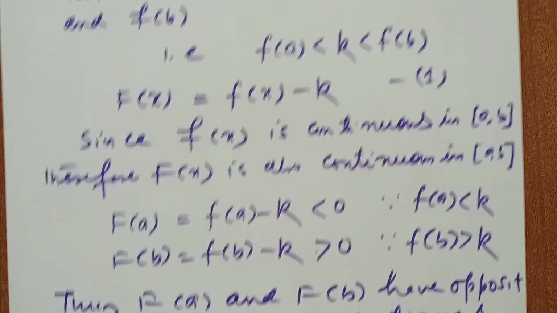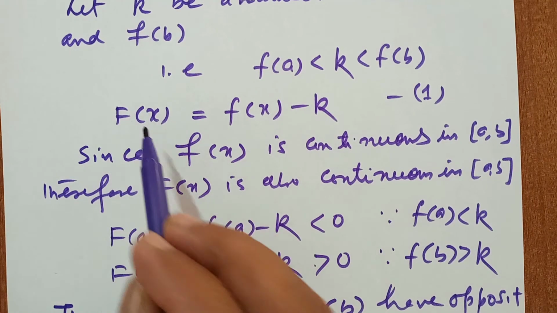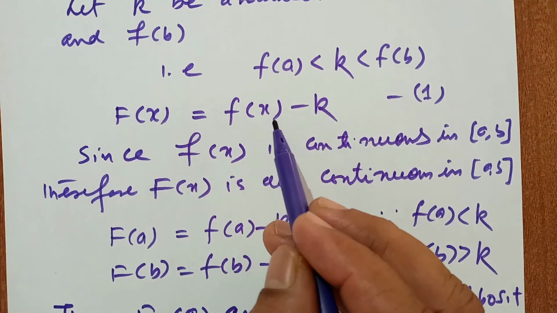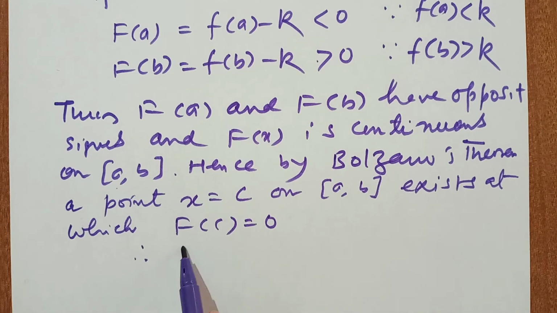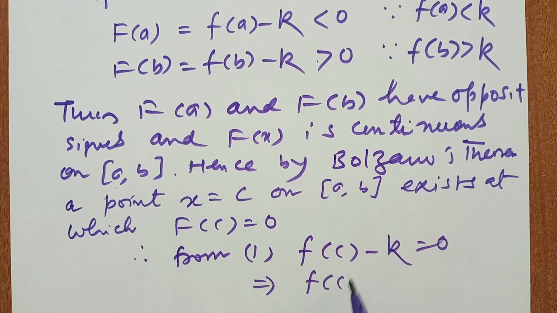Therefore, from the first, if we put F(c) equal to 0, we get small f(c) minus k equal to 0. It means f(c) is equal to k. Since k is arbitrary,